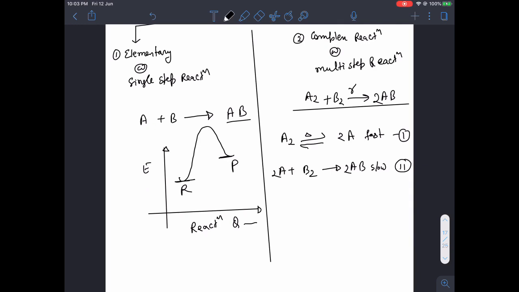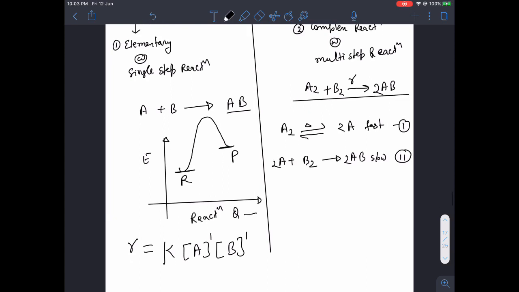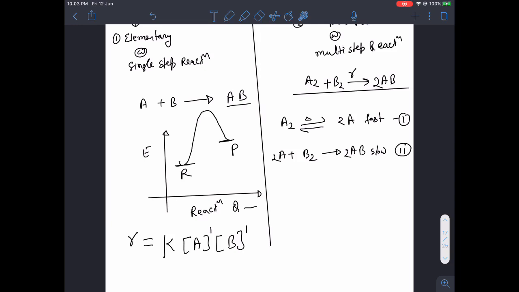Now the biggest problem comes here. Sir, here we can define very simply, because only one step is there. So for an elementary reaction, the value of rate will only depend on one step. So we can straight away write R is equal to K, because A and B are directly colliding, so B to the power 1, A to the power 1. So yes, you heard it right, that for an elementary reaction, the stoichiometric coefficient actually becomes the power.